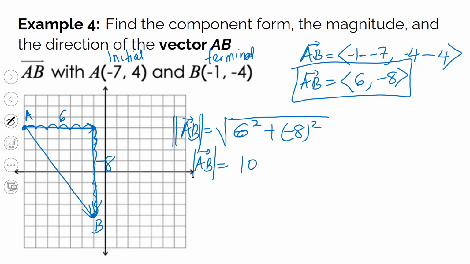So what about the direction now? Let me cancel some of these quickly. Okay, so the direction. The angle A, just like the one that we've done before, will be the theta that we are interested in. This is like our example 3, the one that we've just done. So I'm going to leave this for you to do. Find the direction, find angle theta. What will it be?